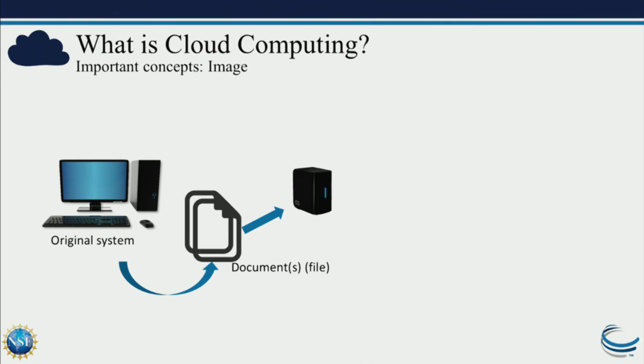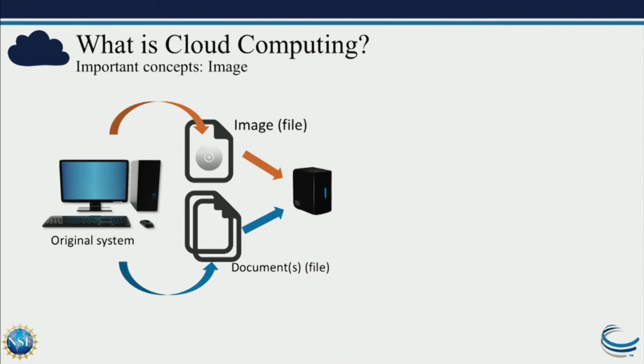However, it may be the case that you want to make a different type of backup. And so there is a file, and this is the word that you're going to need to remember. The special term is called an image. You can make this file called an image. And an image is another type of file, except that it is a complete copy of everything that is on the original system, including the